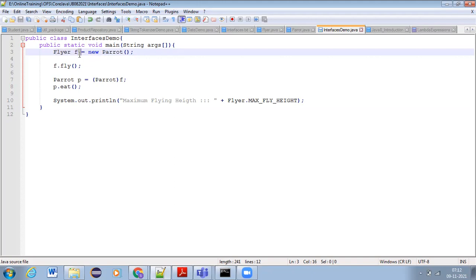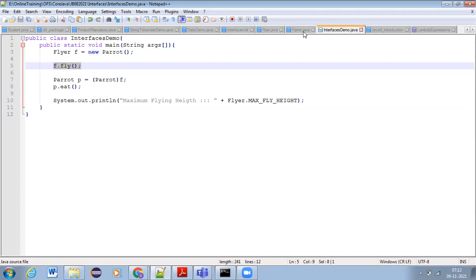Now using AF, you can call the fly method. It will execute the behavior from the subclass. So one interface can be inherited into how many subclasses? We can inherit into any number of subclasses.